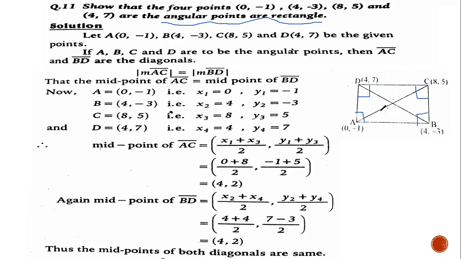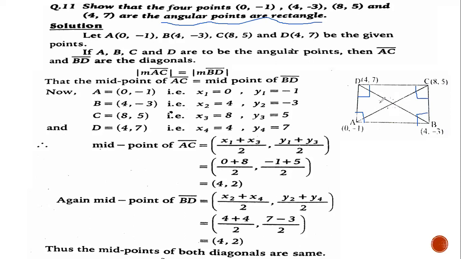Here you can see the diagonals AC and BD. The same information exists for a parallelogram. In our previous class for questions number 6 and 7, we had used the formula that the diagonals of a parallelogram bisect each other. Once again, we are saying that the diagonals of a rectangle bisect each other.